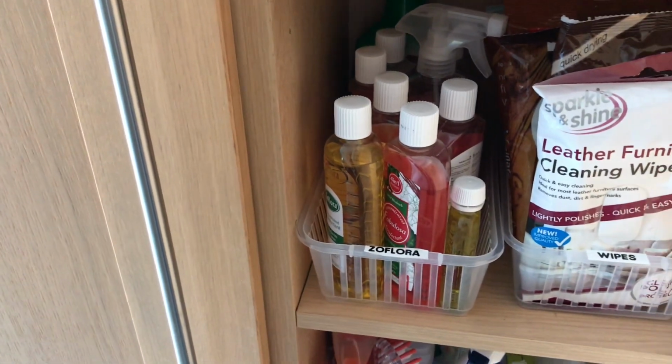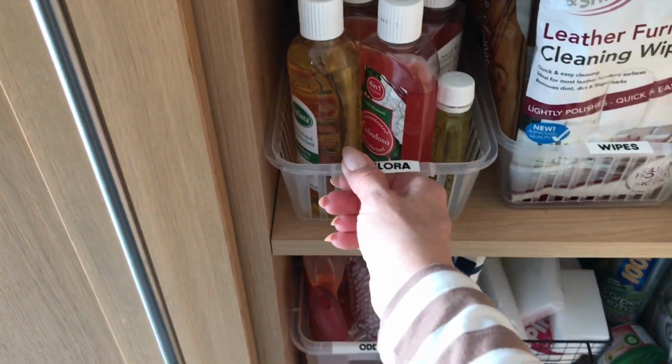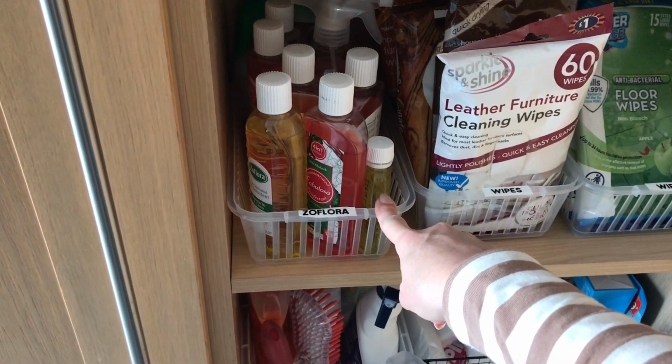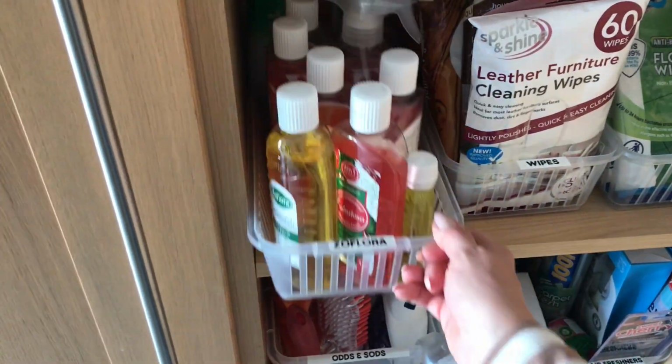Now this one, Zoflora. I have to say I have become a traitor and started using Fabulosa as well. So these are what you might call naked. I've taken them out of the boxes and I've actually got a mixture now of Zoflora and Fabulosa in here, and